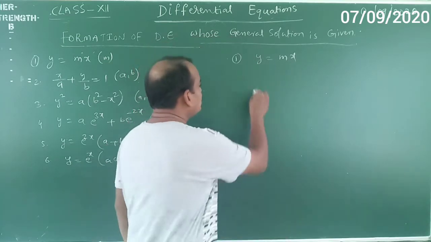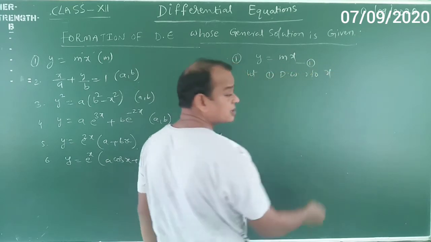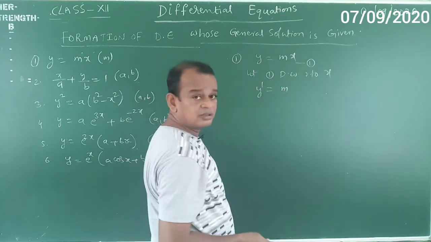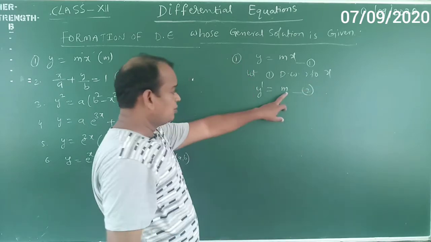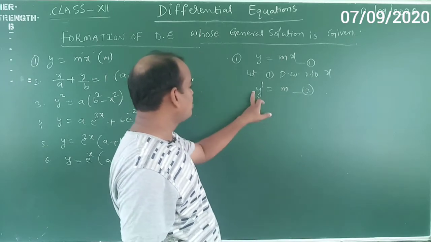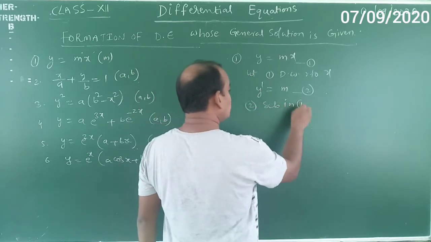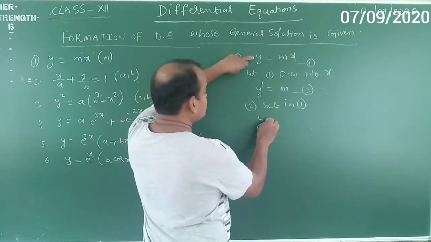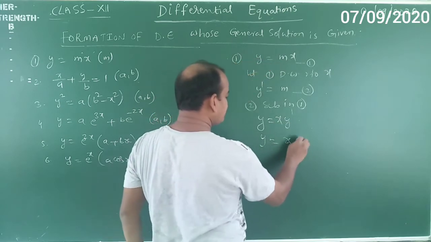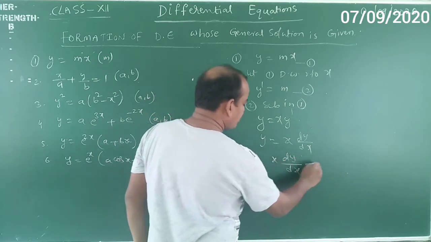Okay my dear students. Now let us differentiate this equation number 1 with respect to x. Now y dash is m into x derivative, which is 1. This is equation number 2. Here you remove the arbitrary constant from 1 and 2. What is our goal? To remove the arbitrary constant. Here m is equal to how much? y dash. You substitute here. Therefore, substitute 2 in 1. Only one time differentiation. Now y is equal to m, that is y dash, into x. That is y is equal to x into dy by dx. Now taking y to that side, x into dy by dx minus y is equal to 0.